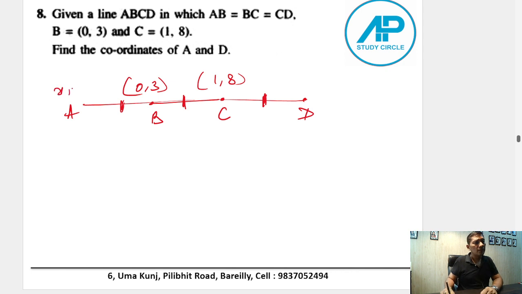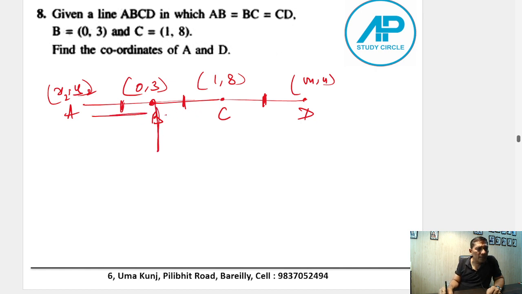And I got to find the value of coordinates of A and coordinates of D. Take m, n, take x, y, take x1, x2, your choice. x1, y1, x2, y2. Sorry, make it x2, y2. So now, got to find the value of A. So as you can see, this point B is dividing AC into two equal parts. So indirectly, B is the midpoint